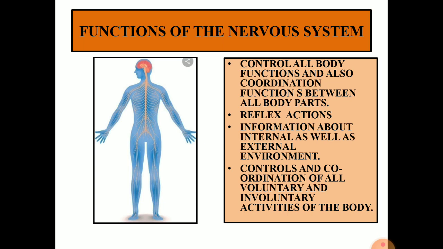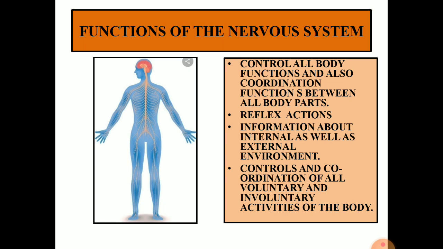The nervous system is responsible for controlling all the functions of the various parts of our body. It not only controls them but also brings about coordination and integration between the systems. It is also responsible for higher faculties: learning, thinking, reasoning, memory, emotions. It also controls the reflex actions, that is, all spontaneous, automatic, involuntary activities of the body.